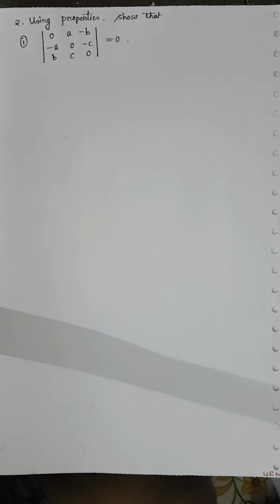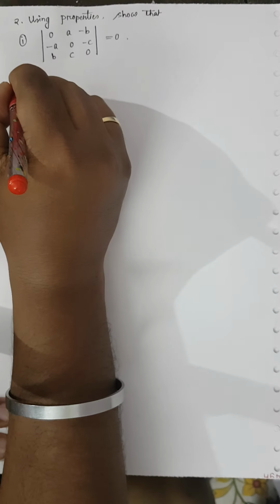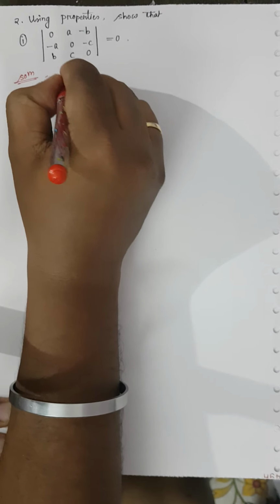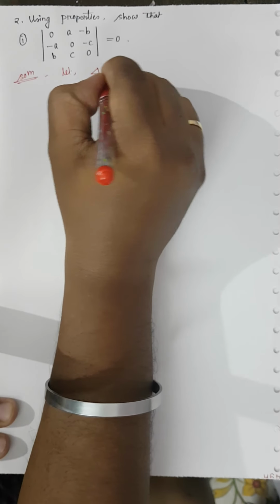Now it is question number 2. Using properties, show that the determinant 0, A, minus B, minus A, 0, minus C, B, C, 0 has a value equal to 0. Now we can expand at some stage, but you have to use some properties. So let's solve. Solution: let del is equal to